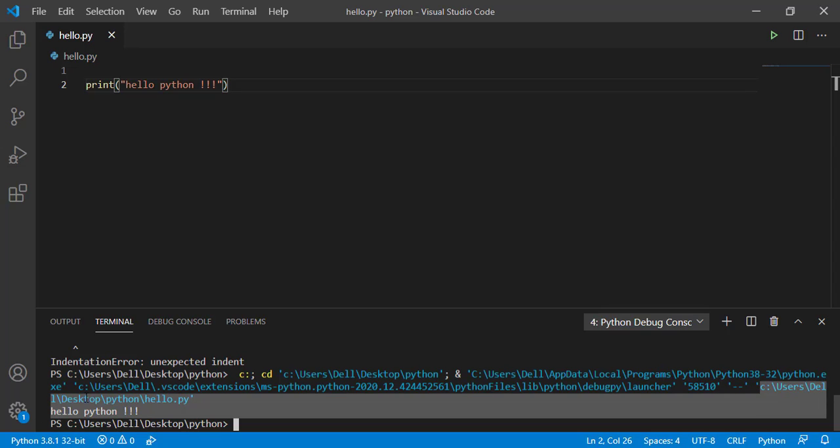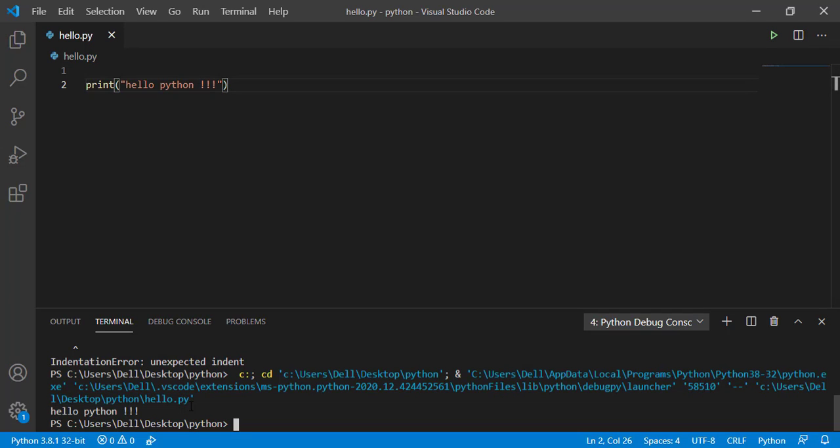This is the use of Visual Studio Code. You can use other software. I prefer this software because it's lighter. And you can see it displays here hello Python in the terminal, where it displays the output. And as you can see, it's very easy to use Python, which is not the case for other programming